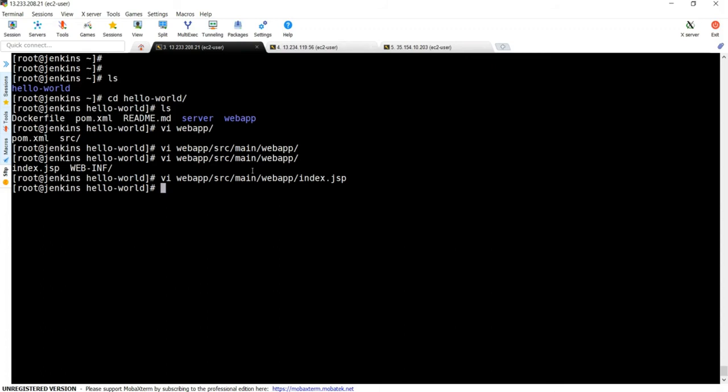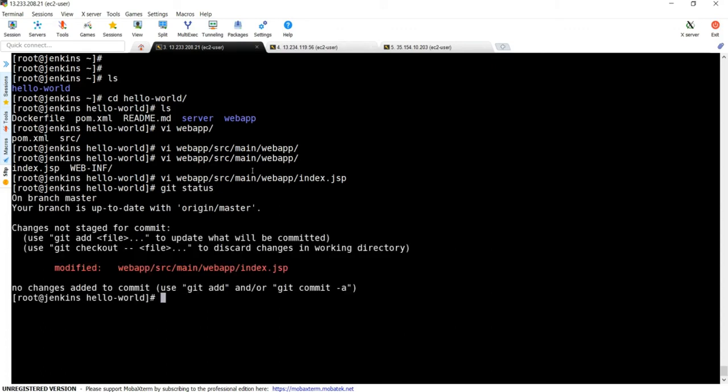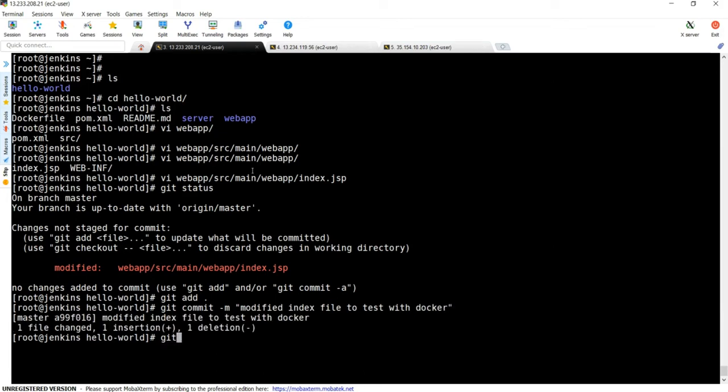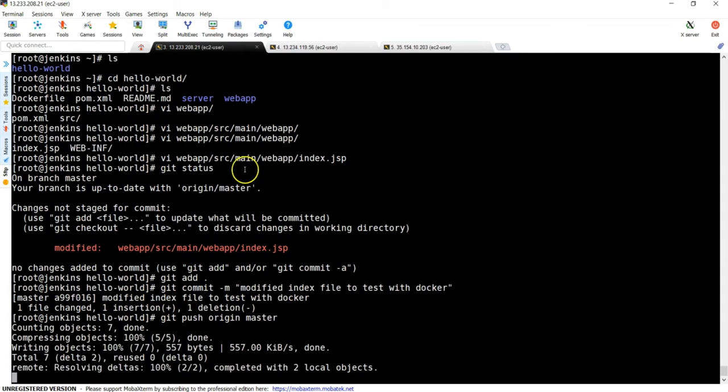Okay, now I have changed it. git status, git add ., git commit -m "modified index file to test with Docker", git push origin master. I'm pushing the changes.